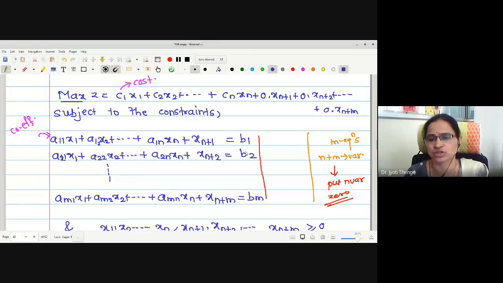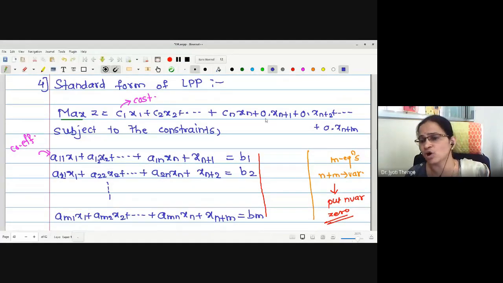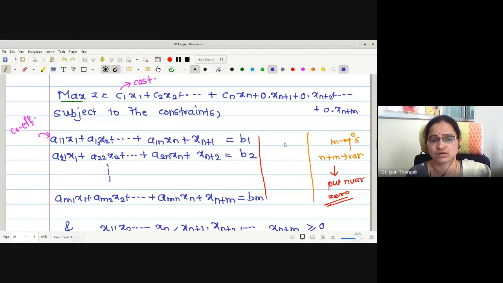in all these equations, what will be the value of my xn plus 1? This is b1. Here I put x1 to xn as 0, therefore xn plus 2 takes the value b2. Likewise, this mth added variable xn plus m gives us the value bm. But as the cost of these variables in the objective function is 0, what will be the value of the objective function with these values? Therefore, may I say the value of the objective function is also 0. Therefore, a trivial solution exists.